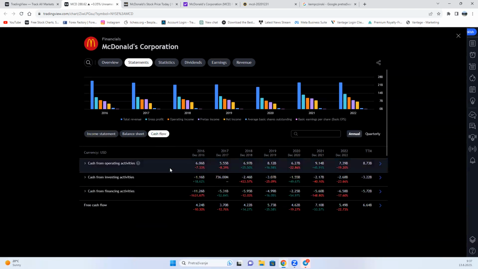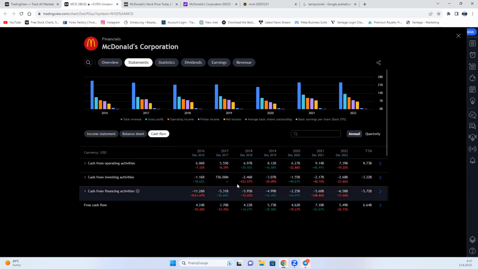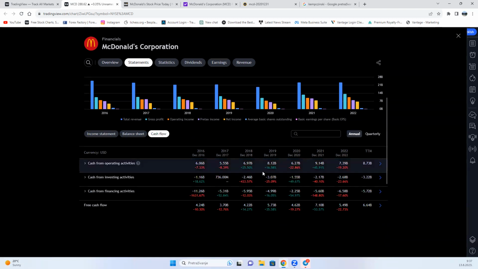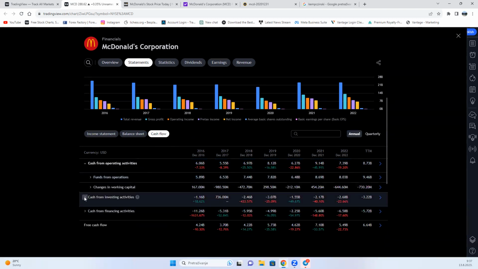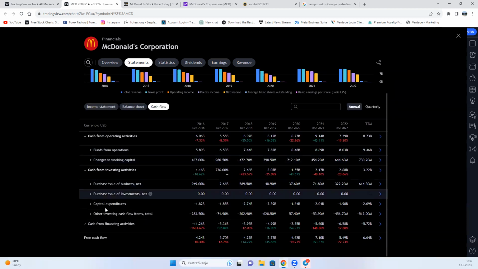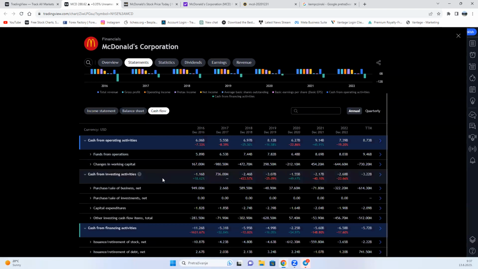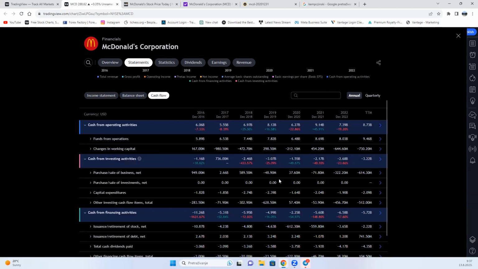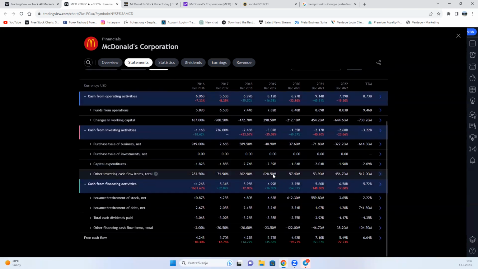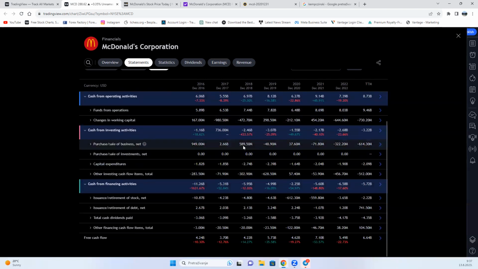Then we go to something called the cash flow statement. Now, the cash flow statement actually tells you what the company is doing with their money, okay? What are they doing with the money that they have? So there is cash flow from operating activities, cash flow from investing activities, and cash flow from financing activities. Cash flow from operating activities represents how much money you made from selling your goods, just like